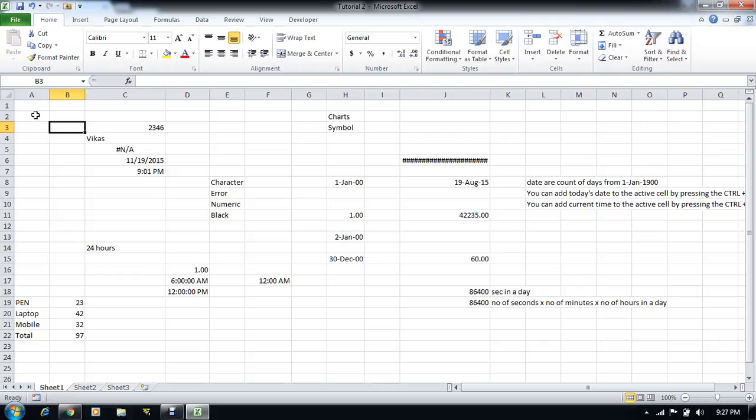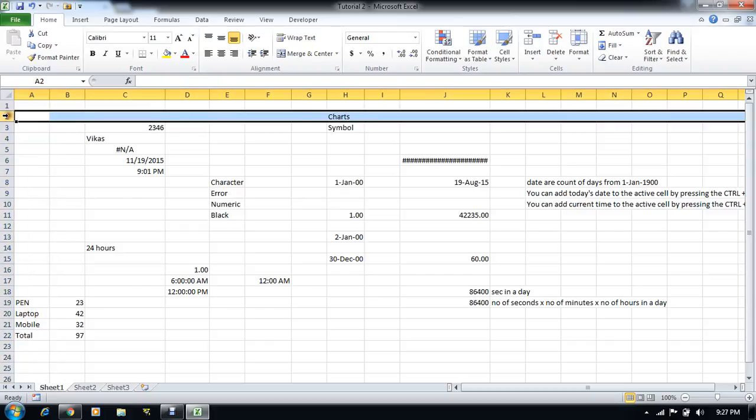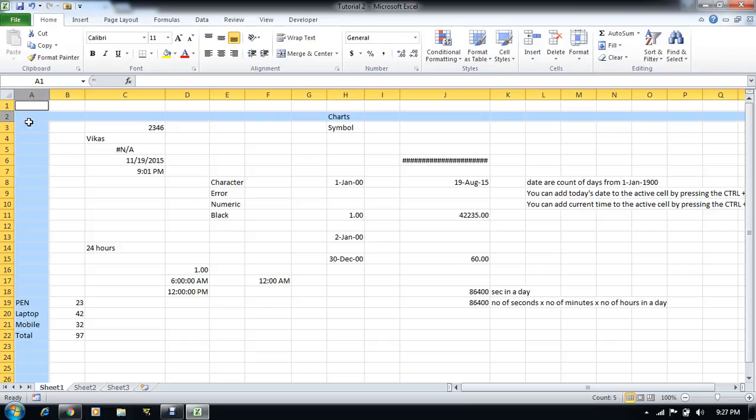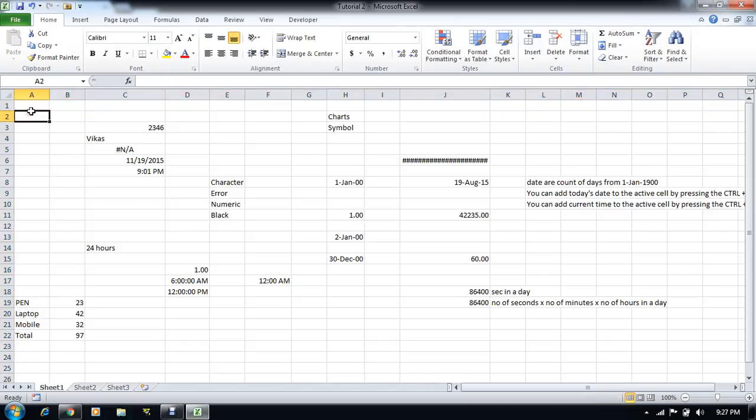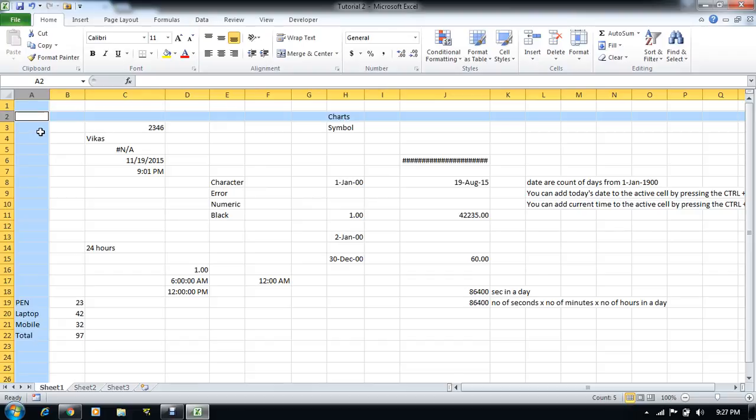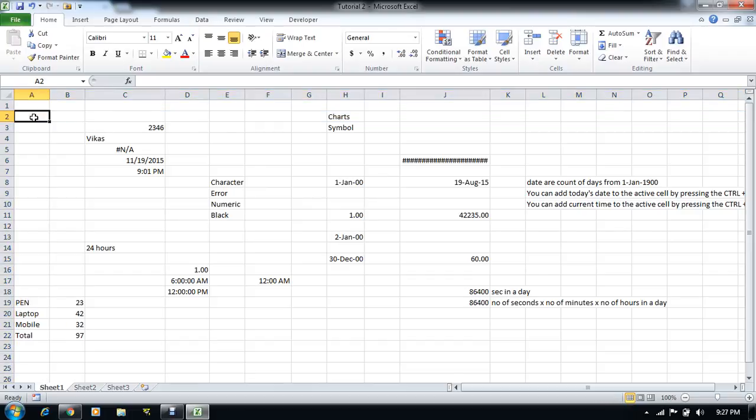And we can refer any cell with the column and the row. So first we will say the column name, then we will say the row name. So cell is nothing but the intersection of the column and row. So you can see here it is the intersection of a column and two row. So we can say that it is the A2 cell.